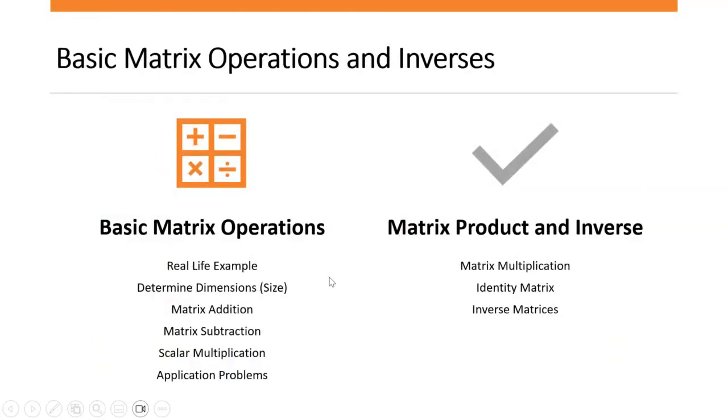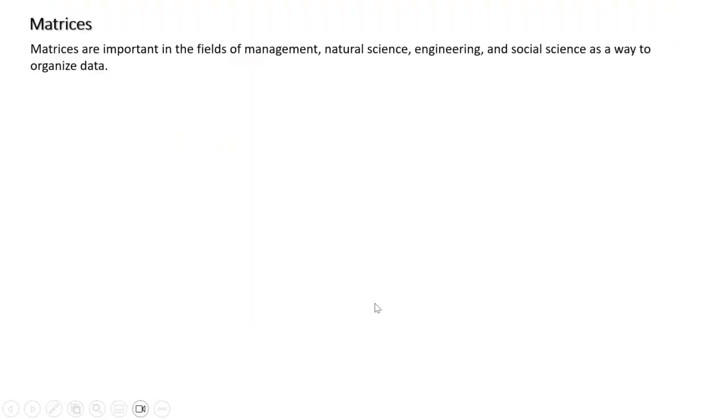Okay, this is a topic that we're going to cover today. First of all, the basic matrix operations consist of real-life example, determine dimensions or the size of a matrix, matrix addition, matrix subtraction, scalar multiplication, and application problems. And then the second part is going to be matrix products and inverse, which consists of matrix multiplication, identity matrix, and inverse matrix. Okay, so let's start with the first topic, which is